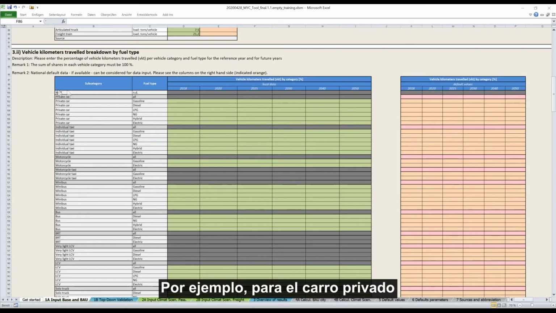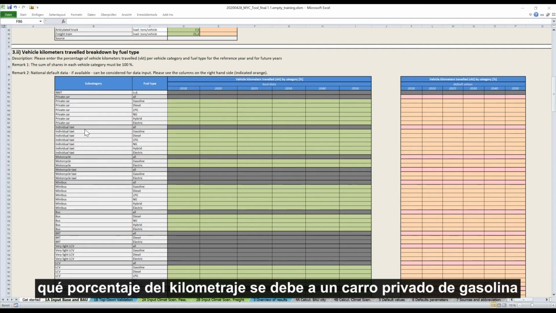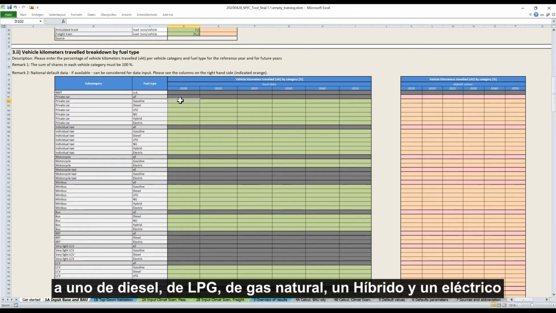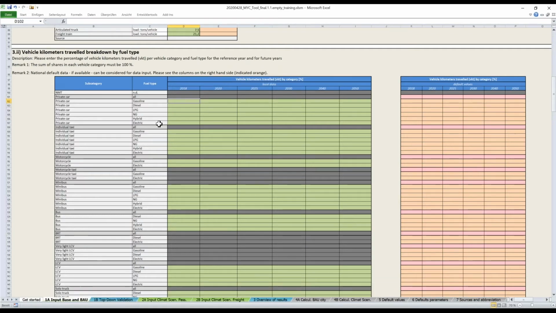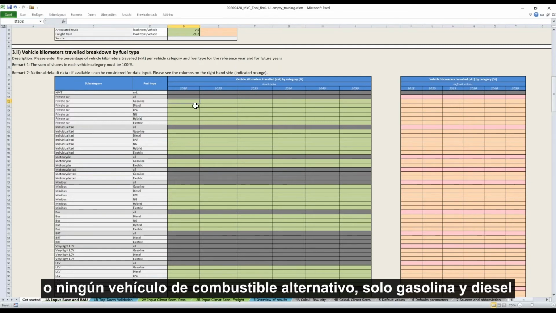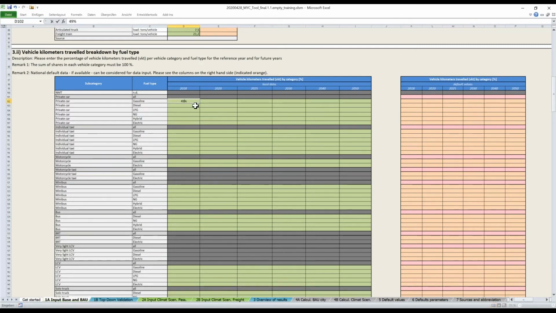Here, private car, for example, which share of the mileage can be attributed to gasoline vehicle, diesel, LPG, natural gas, hybrids, electric. For our example, we say we don't have any electric car or any alternative fuel. We just have gasoline and diesel,